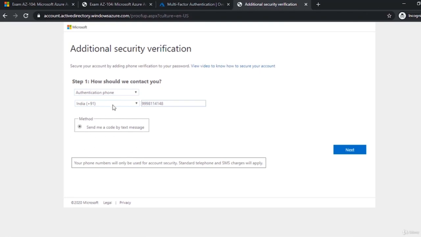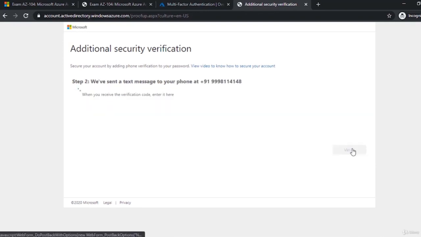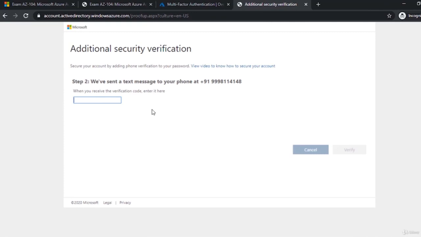Now once I set this thing, I can click on next. It's going to go to step 2, where I have to verify the OTP which is sent to this. If I provide that, and if I verify, this will be that particular setting which I want you to do right now,